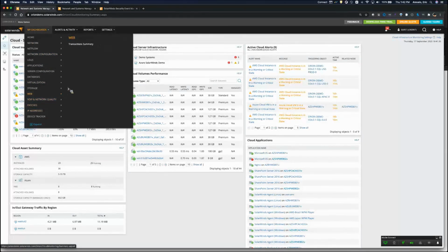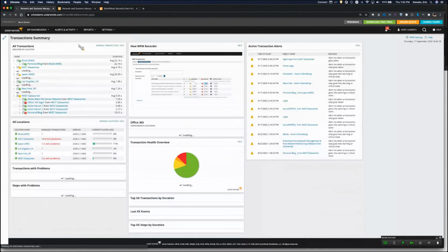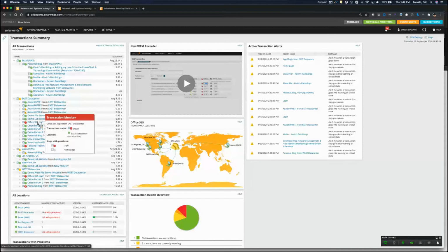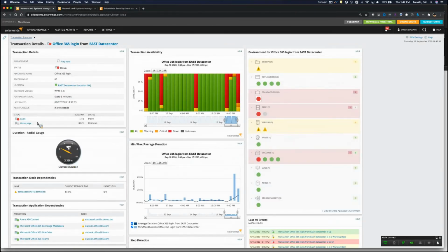So let's talk about the Web Performance Monitor here. A very simple, very good example of this product is being able to go in there and test Office 365. Can I get to it? Can I go and access it, can I create a new email, right? And so here we are doing a transaction on Office 365. We're logging in, we're getting to our page, right? This could be, we're logging in, we're typing, we're creating a new email, we're going to type in a message, we're going to send it, and then we're going to log off, and then we want to be able to see that